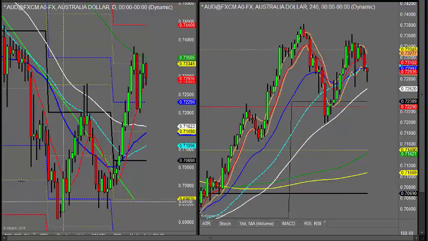Okay, news-wise today, we've got final CPI for Europe. That's not likely to cause too much. There's not a lot of news out today at all. At 1:30 we've got manufacturing sales. That's Canadian numbers, if you're watching the Canadian dollar. Consumer sentiment later on at 3 o'clock in the afternoon for the US, and that's pretty much it. So quite a quiet day in terms of volume. So inside days and quite a possibility of slow days.